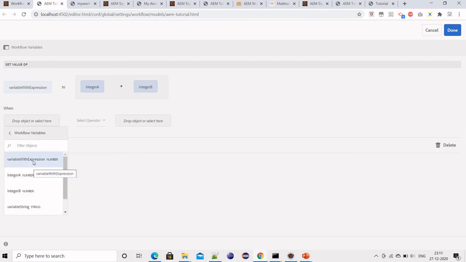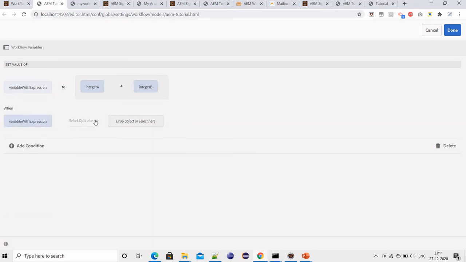How have I done it? More conditions I can add, like set value of this when something is less than, or maybe I can specify some number. I have created another variable so that I can specify.